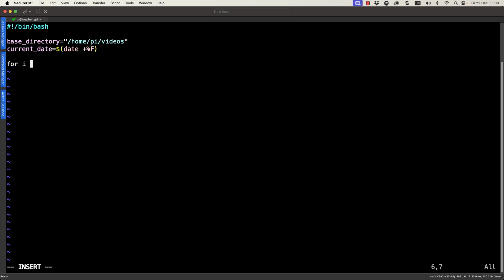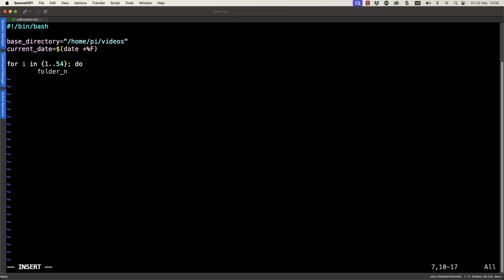We can use i as a temporary variable to iterate through, and we can say that i is going to be in the list 1 through to 54. I'm using 54 instead of 52 weeks because we've got a couple of weeks of this year left to run. Do will then open up my do loop, and I do need the semicolon before the word do. And then we can start putting in the meat.